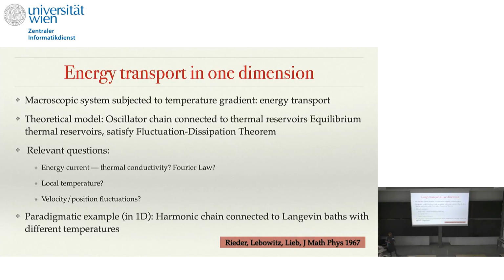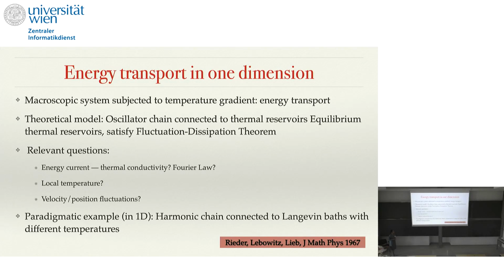and then the boundary oscillators are connected to thermal reservoirs, and these reservoirs are usually considered in equilibrium, so that the connection to the system must satisfy the fluctuation dissipation theorem. And the relevant questions are: what happens to the energy current? How does it change if we change the thermal gradient? Is there a Fourier law? Can one define a local temperature? And what are the local velocity fluctuations or current fluctuations? So the paradigmatic example in 1D at least is the harmonic chain connected to Langevin baths, which was first studied